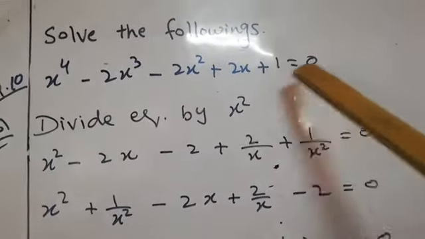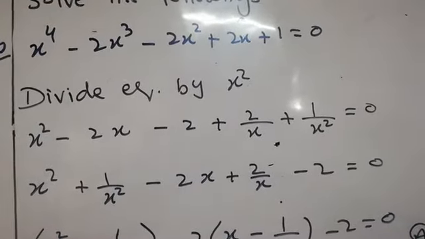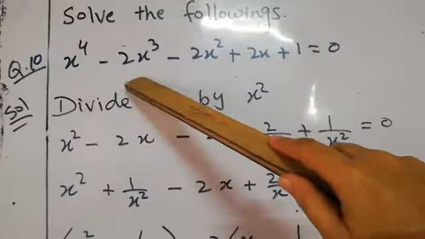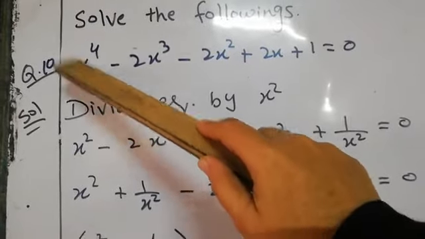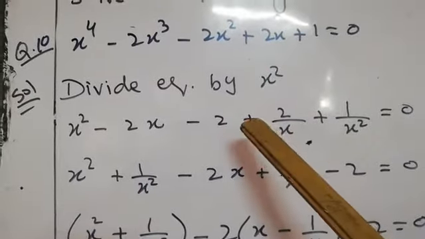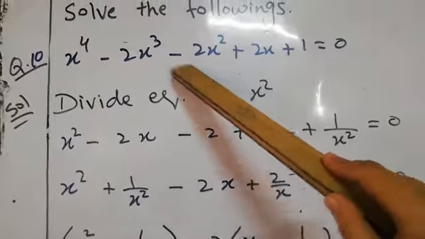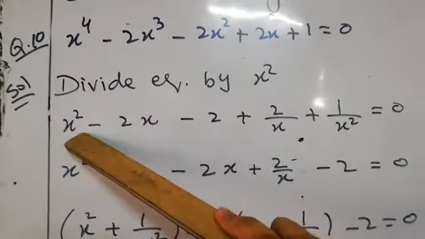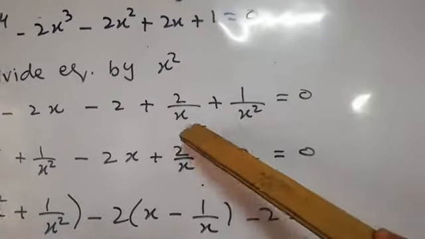Dear student, this type of equation is known as the reciprocal equation, and the method to solve this is that we will divide this equation by x square because the degree of this equation is 4. So we will divide it by x square to make this equation in the quadratic form. So when we divide, you know that the exponents will change. So it becomes x square, minus 2x, minus 2, plus 2 by x, plus 1 by